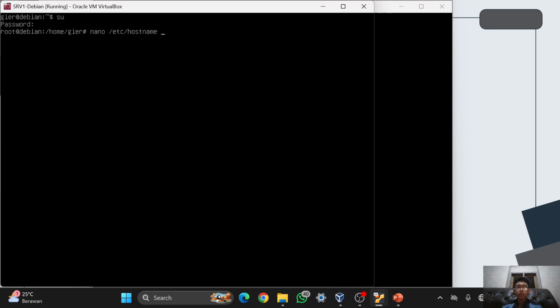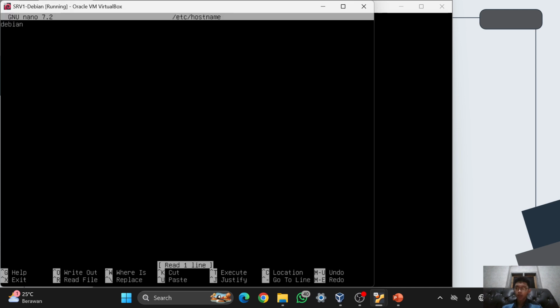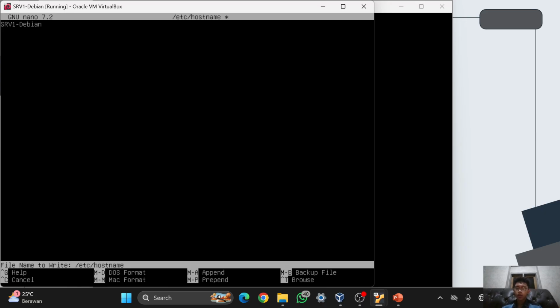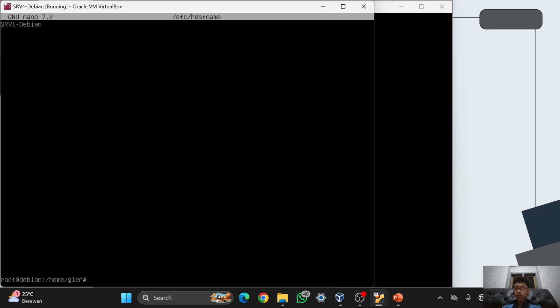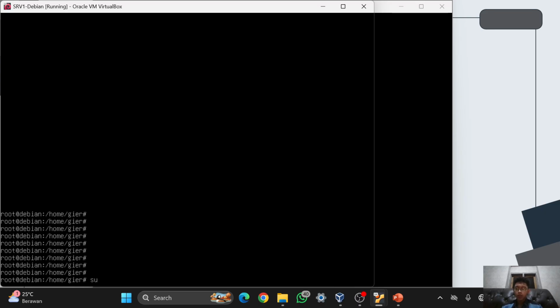When you type it like this, it opens the host name file, and I will change it to srv1 Debian. Then Ctrl X, Y, and then enter.